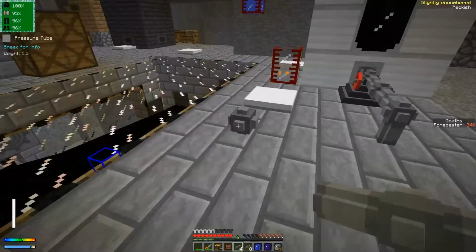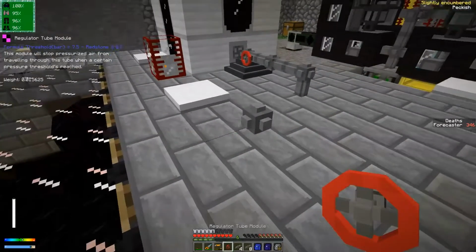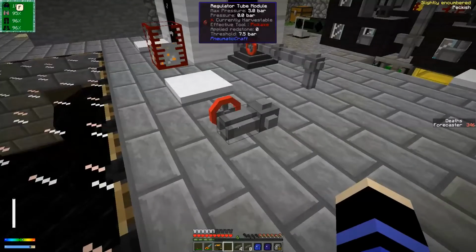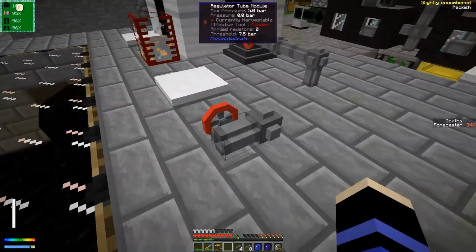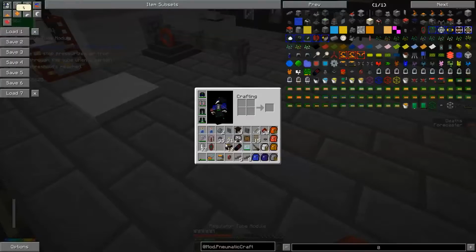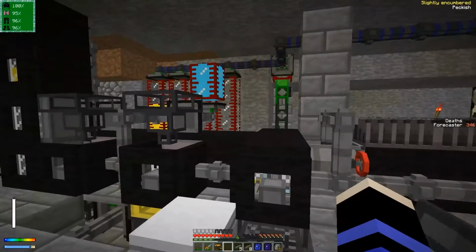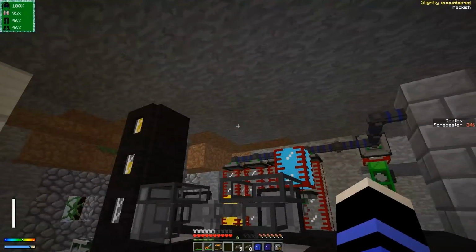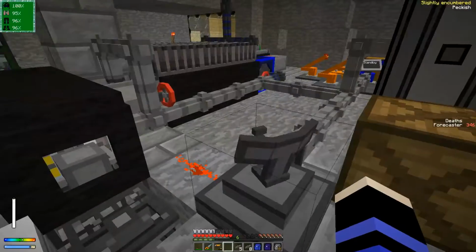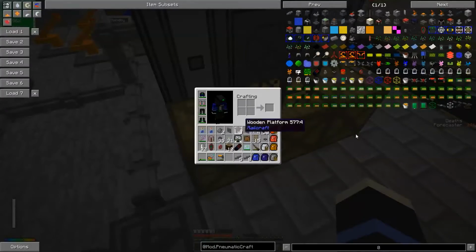Now by default, let's see, I don't actually remember. So the default threshold is 7.5 bars. That is obviously too much. So we could either use redstone, but that would be a real pain to do up there. So we're probably going to want to make